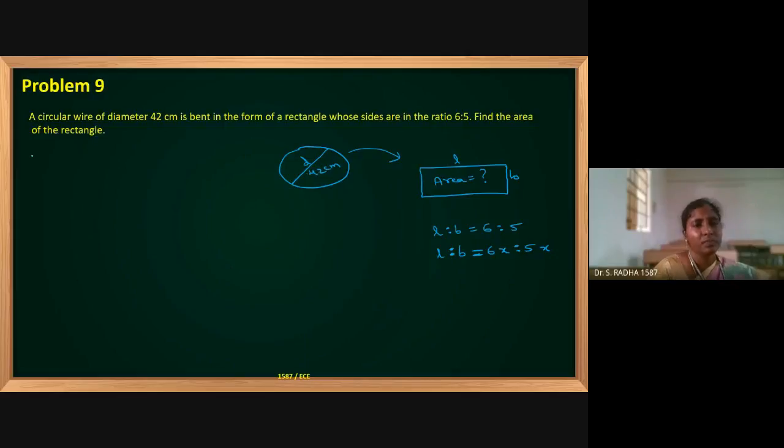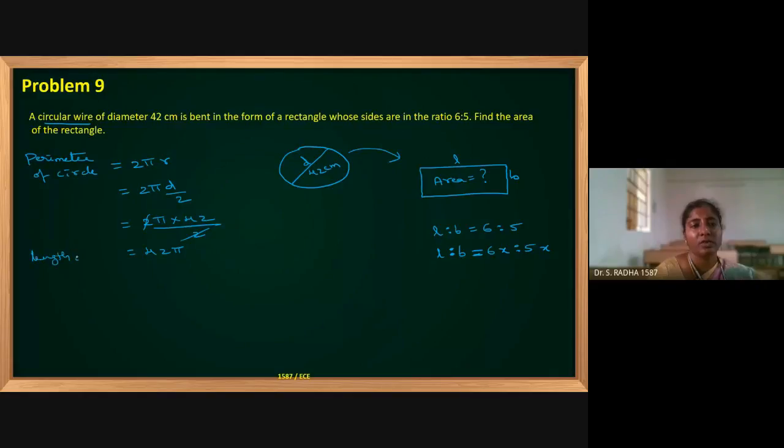So, we need the perimeter of circle. So we will know the length of the wire, how much length the wire is. Perimeter is nothing but 2 pi r. So r is nothing but half of diameter. So just substitute, d value is already given, 42 by 2. This 2 will get cancelled. 42 pi is the length of the wire.